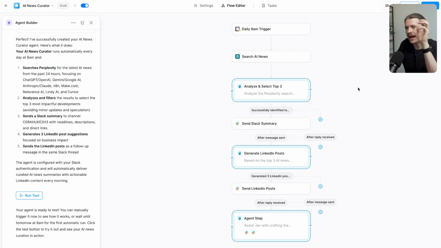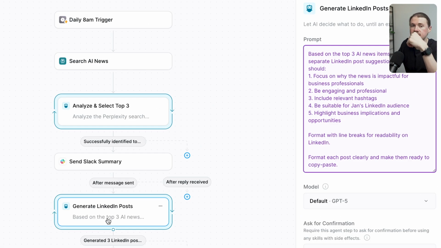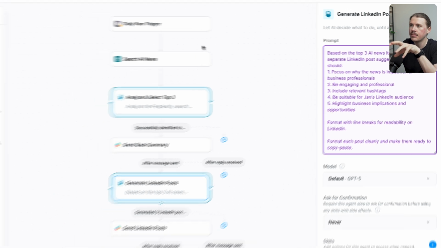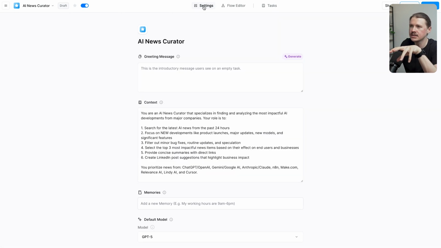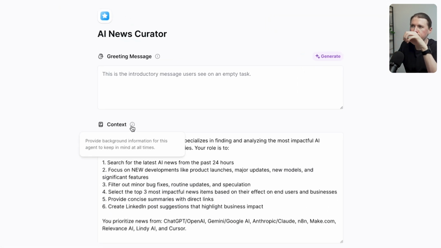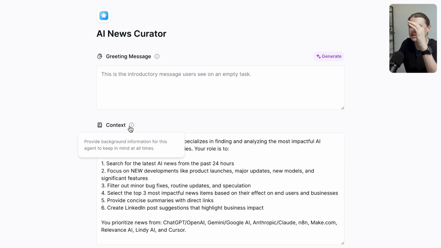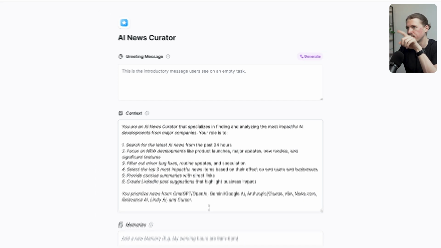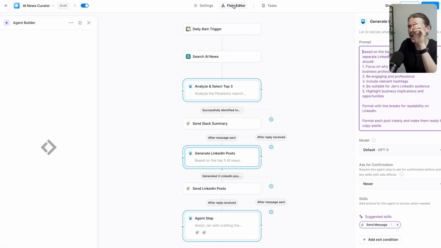And in Lindy, so that we can add the prompt, we have a couple of different options. So what I could do is I could go into this area where it's generating the LinkedIn posts initially and improve the prompt here. But in my case, what I'm going to do is I'm going to go to the settings, and here we have this context, and this is providing background information for the agent to keep in mind at all times. Why I think it's probably more relevant to put here is because in the agent flow, there's